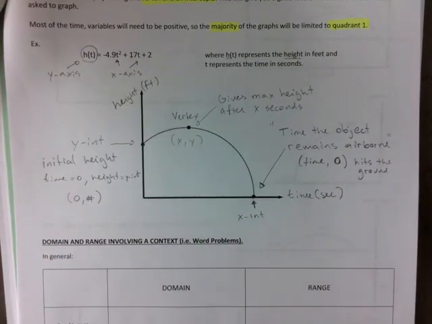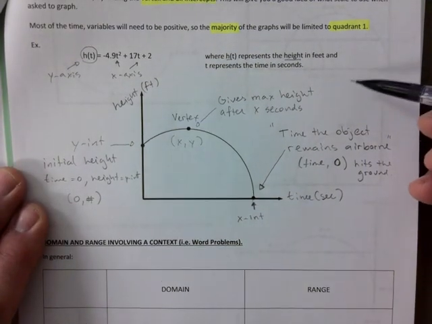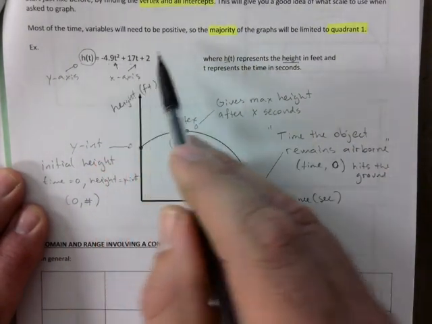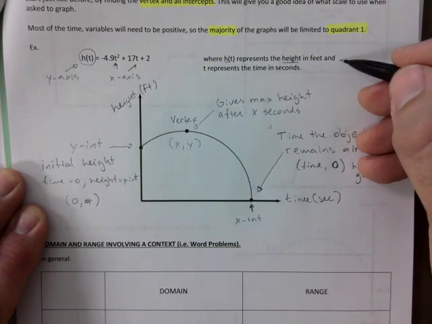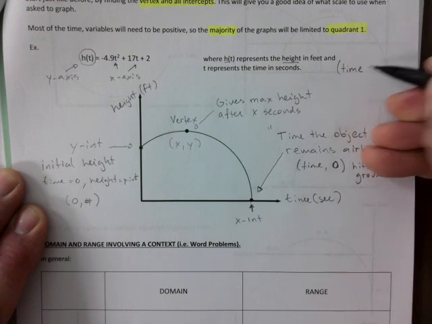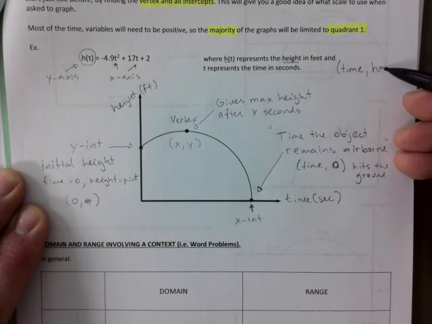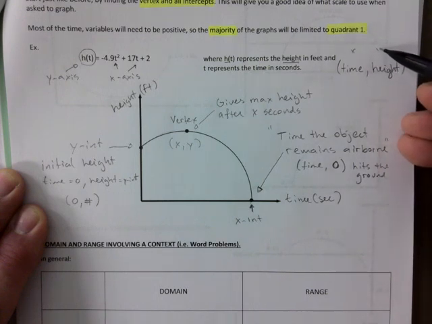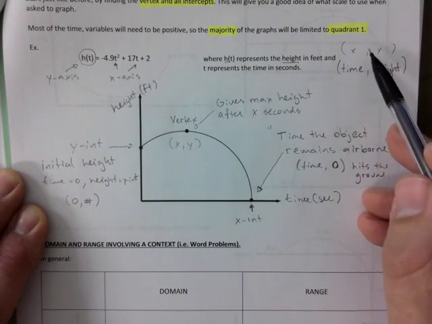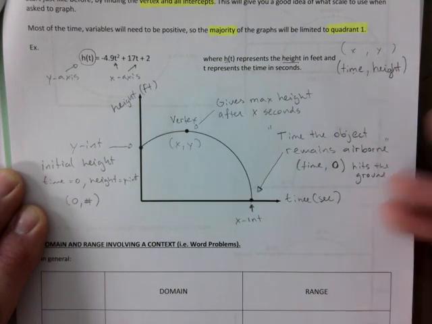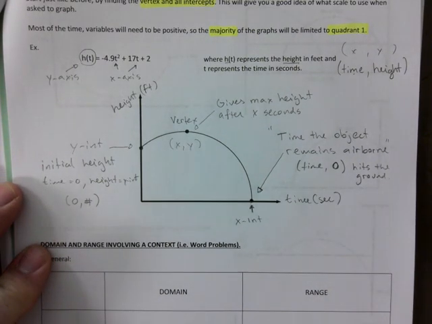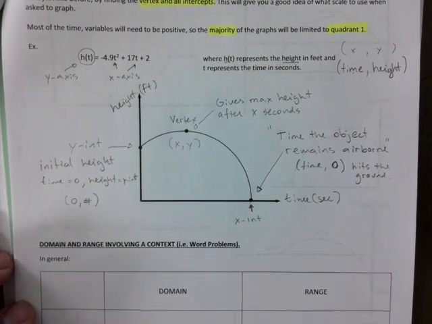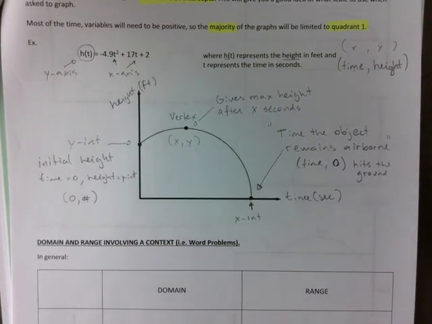Maybe one more thing. I'm going to try to add this right here. When you see something like this and it says h represents the height, t represents the time in seconds, I want you to think of every single x value representing time and every single y value representing height, right? So your x and your y normally get replaced now with time and height. So every coordinate has a pair, right? It's paired up in that way. That's very important, okay? And so let's talk a little bit about domain and range now, and this is where